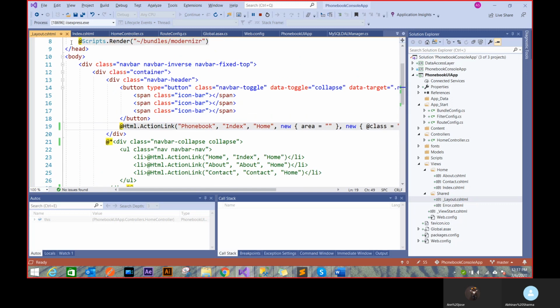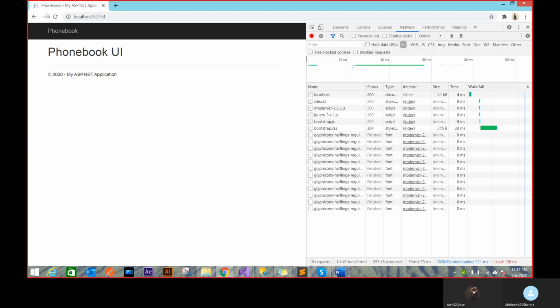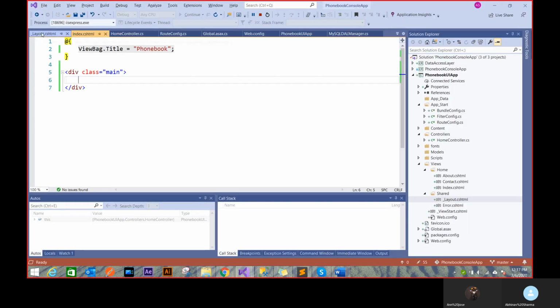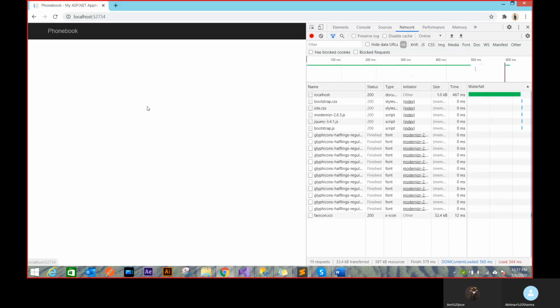So now let's focus on our index HTML. We really don't want this header now because we have our own thing. So let's just do that. And we don't want this footer, right? So you know where this footer is coming from. We'll come to layout. So just go down and you'll see there's a footer thing. I'll just comment this. I also don't want any HR line. I'll just comment this. And my page is blank now. I can render my stuff here.